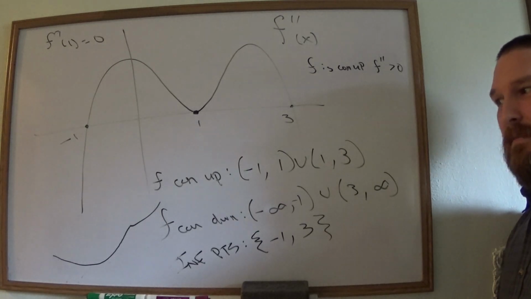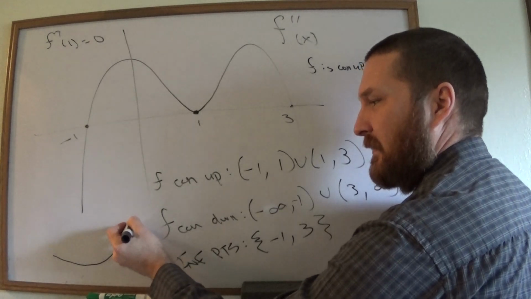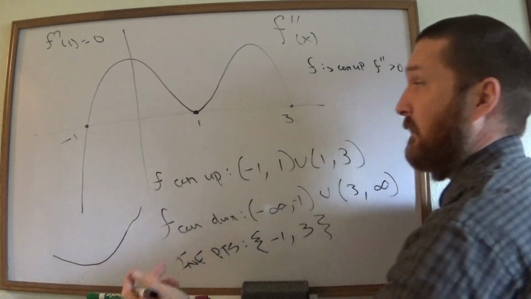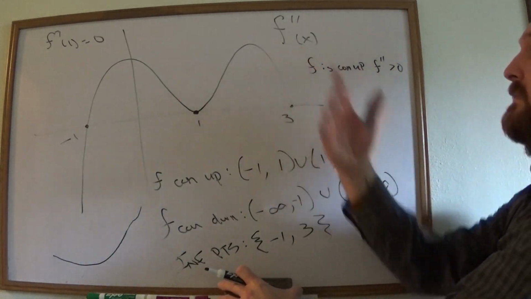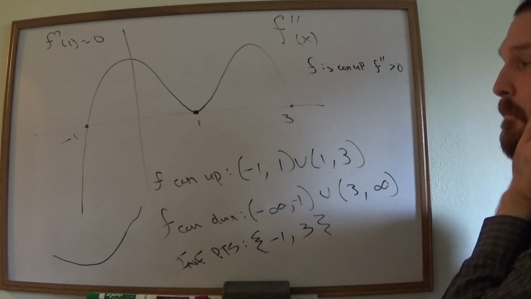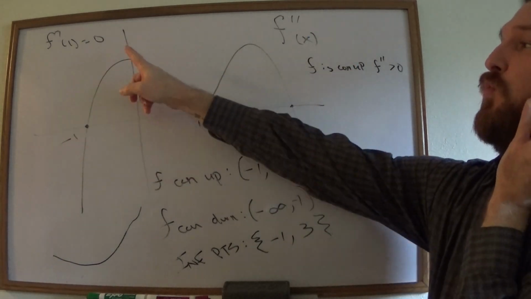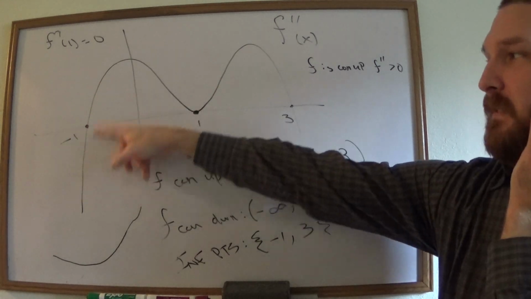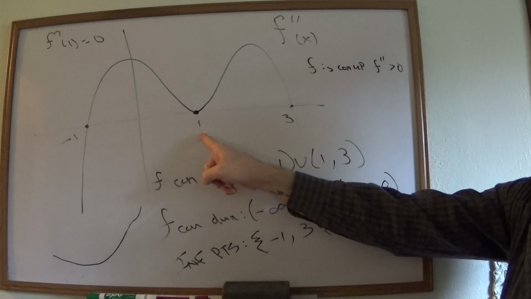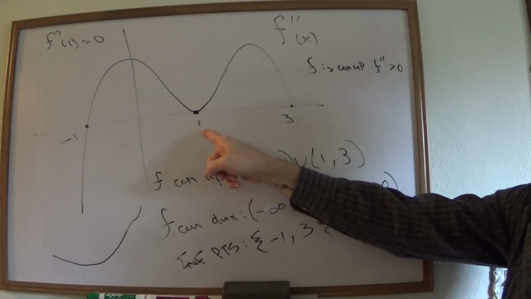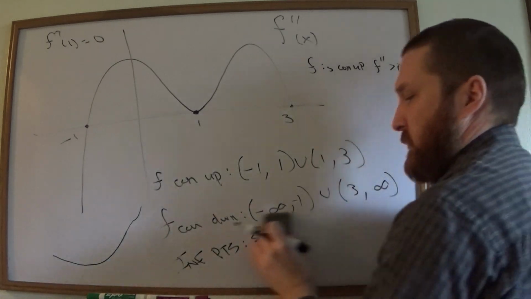It's probably doing something like, I can't even draw it. We'd have to take some anti-derivatives and figure out what this thing looks like. But at any rate, inflection points occur where concavity switches from up to down. So you can guarantee that's one. But the second derivative test doesn't tell you anything about this, right? Okay. Any questions